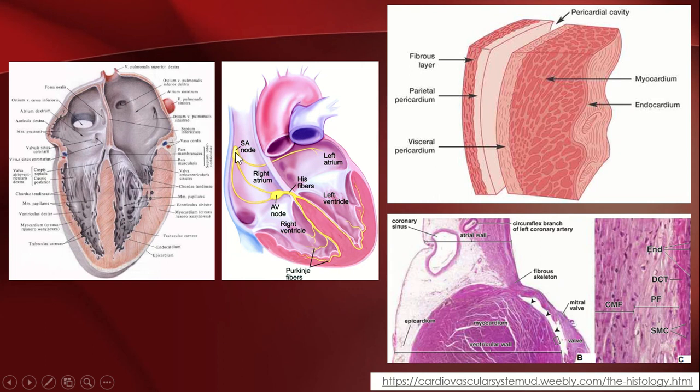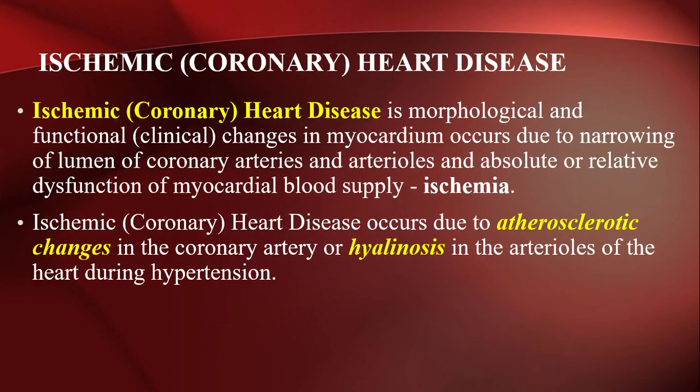of the atypical cardiac muscle cells, the sinoatrial node, the atrioventricular node, the His fibers that finish with the Purkinje fibers, and they reach the chorda tendineae. The heart also has some hormonal activity; it produces the natriuretic peptide and others. Now let me pass to the ischemic or coronary heart disease.